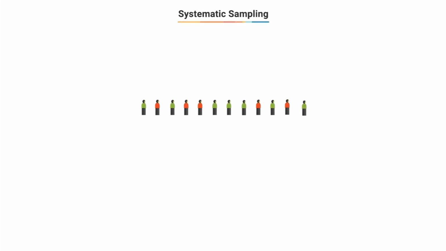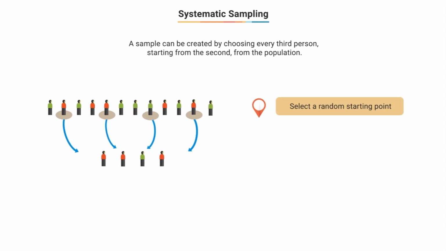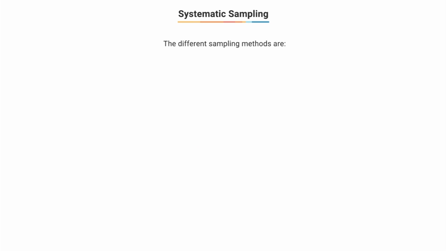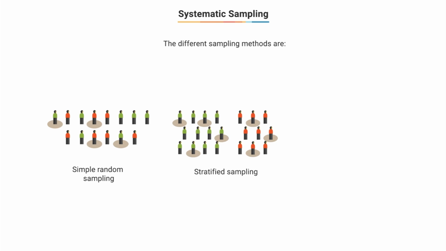Now let's say that in order to select your sample, what you did was to select every third packet starting from the second packet on a list of the population. So what did we do here? We selected a random starting point and started picking out sample units at some fixed or periodic interval. Such a kind of sampling is known as systematic sampling. So in this discussion, we learned about 4 types of sampling methods, namely simple random sampling, stratified random sampling, cluster